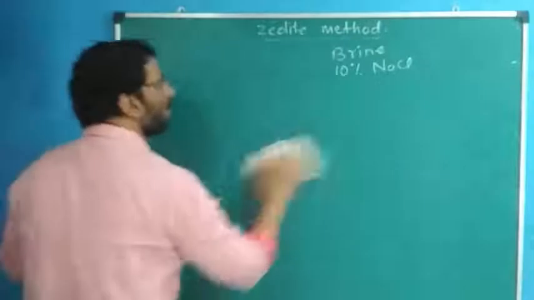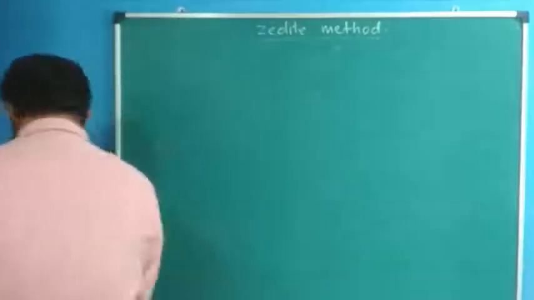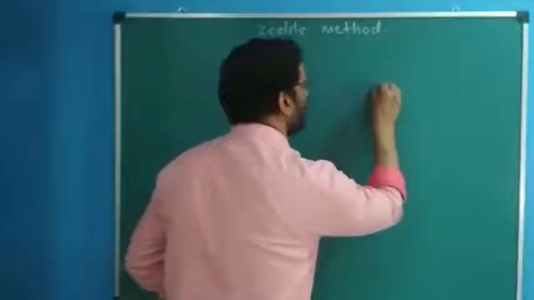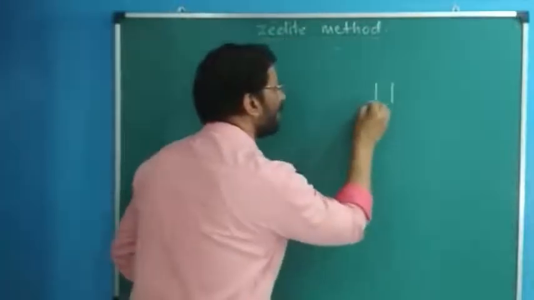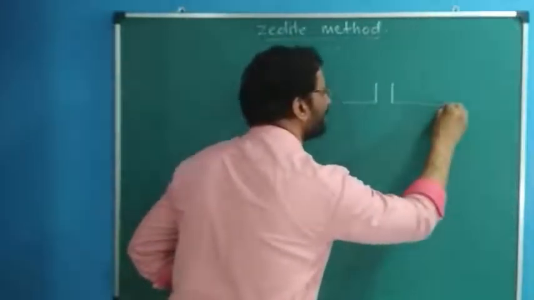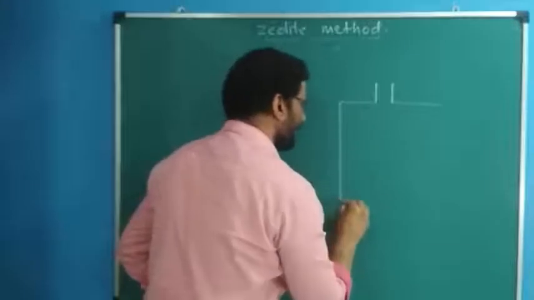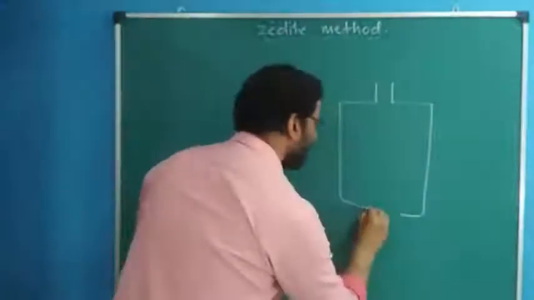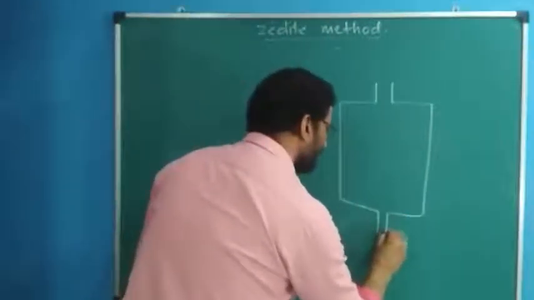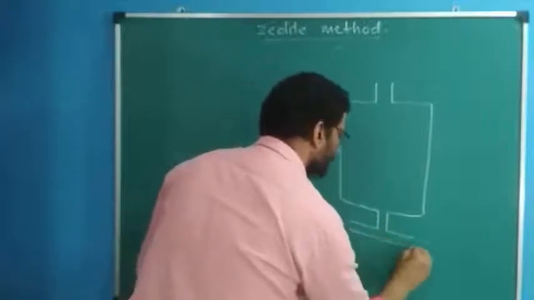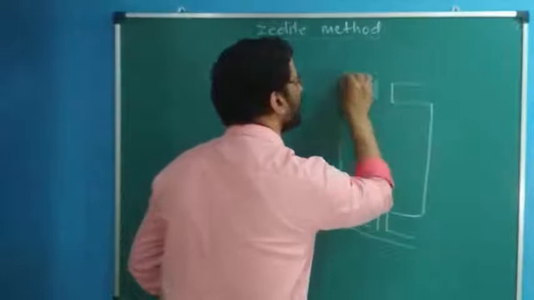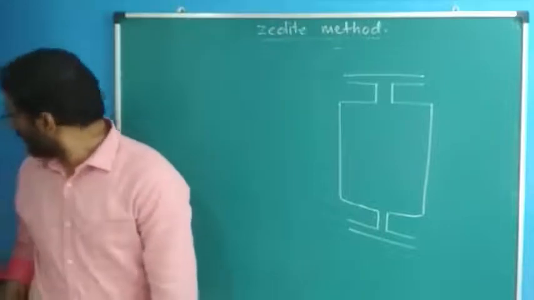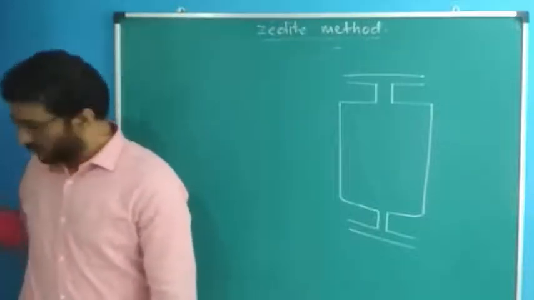Now go to the plant process, advantages and disadvantages. I will draw a rough diagram of the plant, absolutely not to scale, but correct. Such a type of cylinder is there, such a type of tank is there. In this tank, of given dimension, see the rough diagram, not to scale, maybe like this. At the center of the tank somewhere there is a bed of zeolite. We will show it in this color.